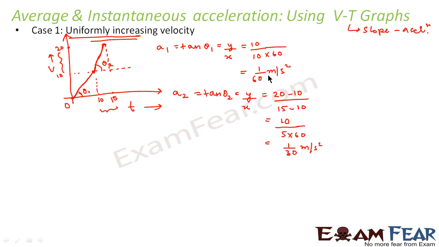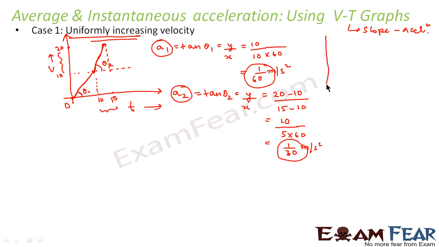So we find that the values which we are getting from the slope of the graph are exactly the same as what we got in the previous slide manually with the use of the formula. So now we got the values of acceleration. Now let us try to plot the acceleration time graph using this data.